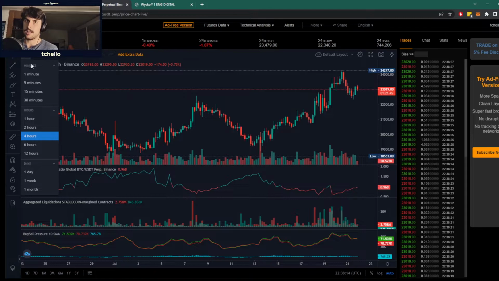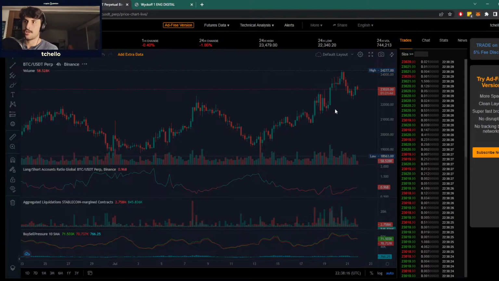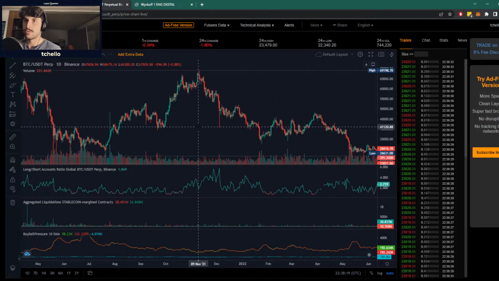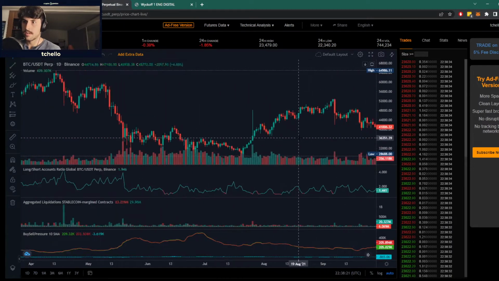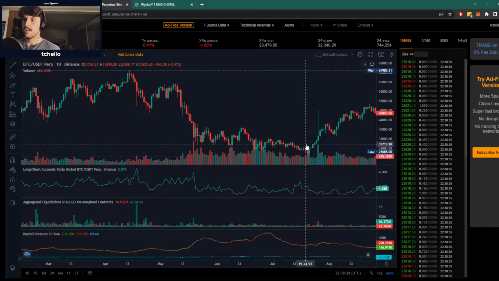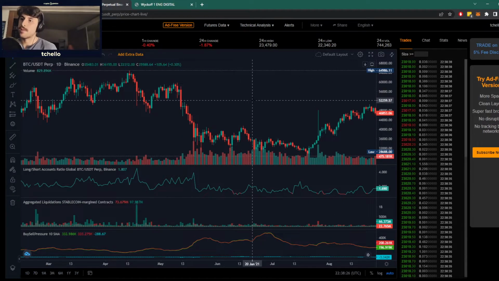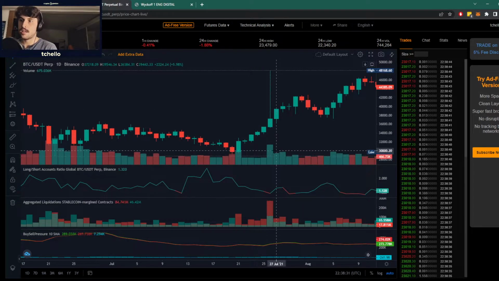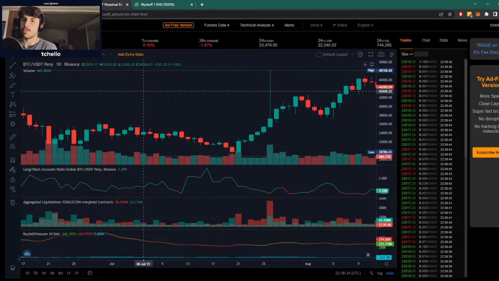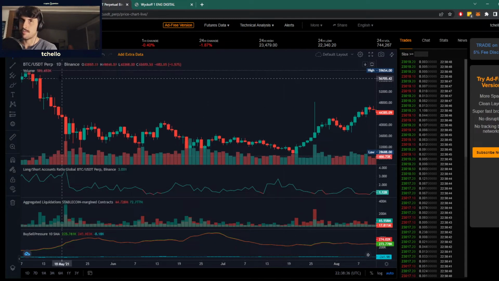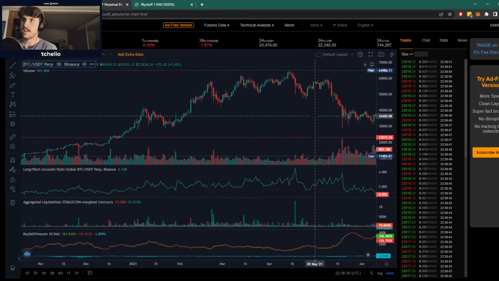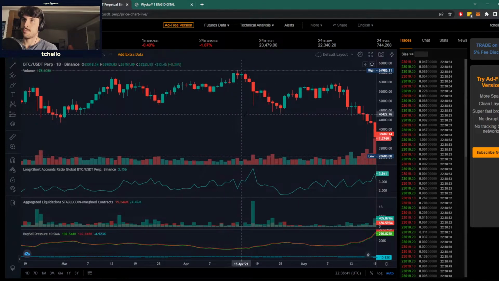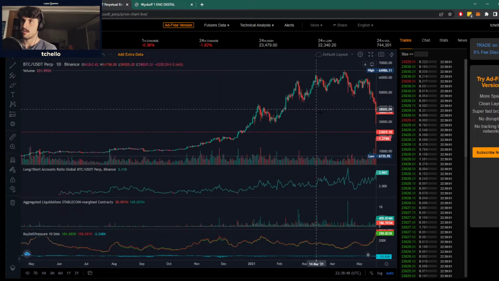So let's look at this chart here. We can change it to the daily chart. And as you'll see here, of course, this was a period of relatively low liquidations, but if you look at it, you'll see that basically these times here are where the most people were liquidated during this entire period. And you can see that conversely around the distribution times. So something like this here, a lot of people being liquidated around this last test right here.